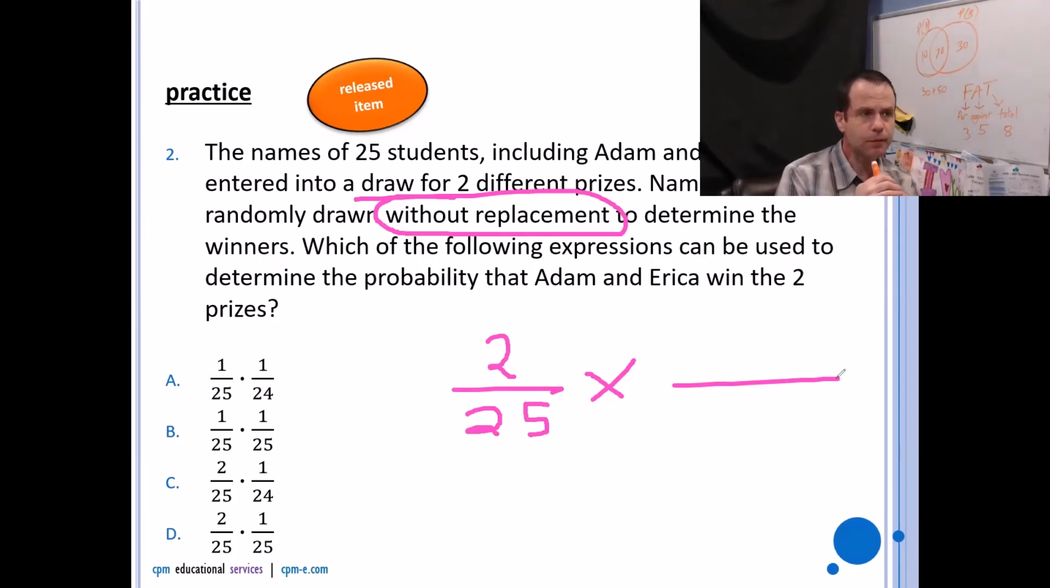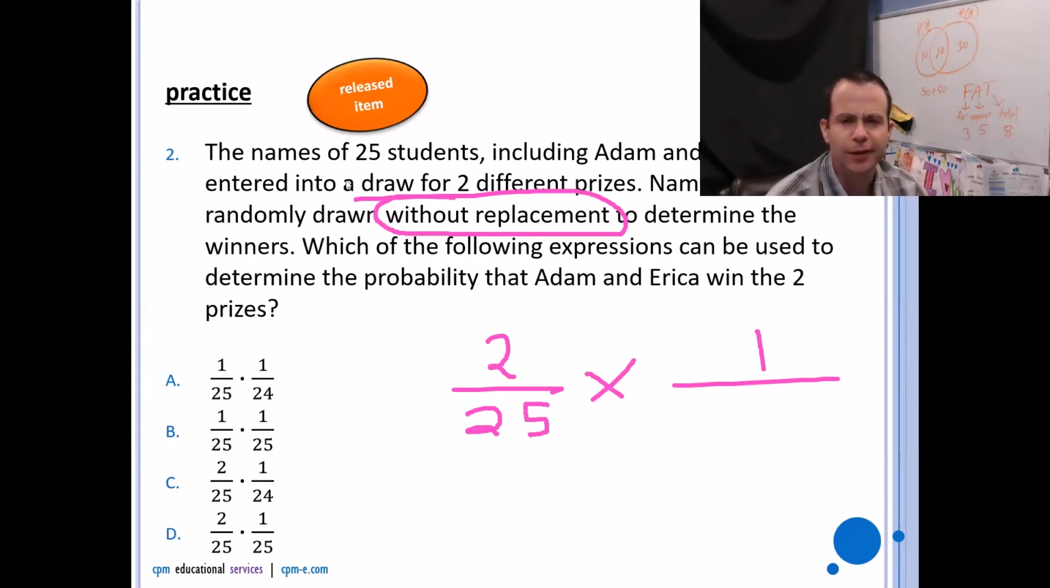Okay, so if one of those people has already gotten a prize, then they're not both available to get the prize anymore. So now there's only one favorable outcome, whoever didn't get the prize. And one of the draws has already happened, so there's not 25